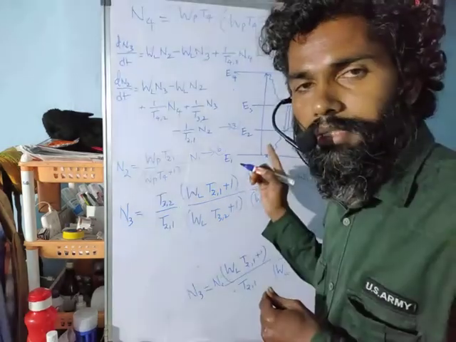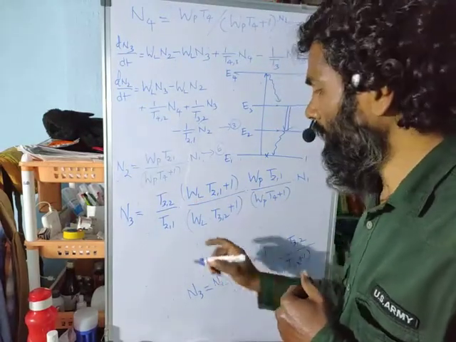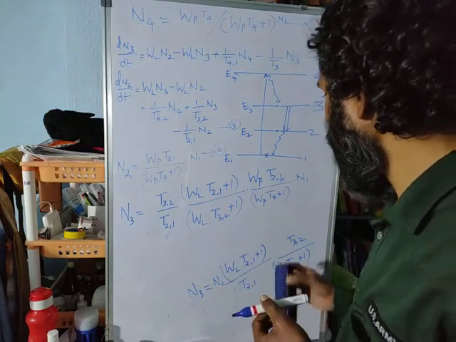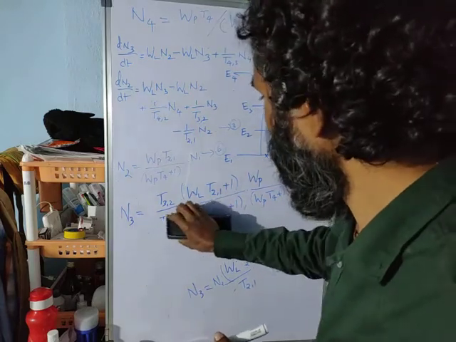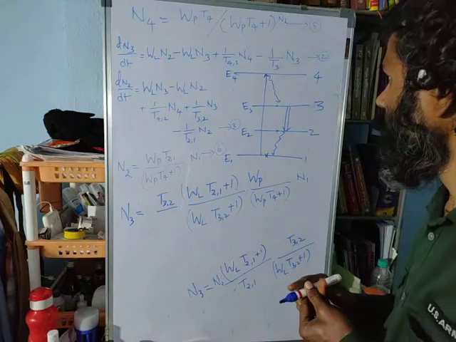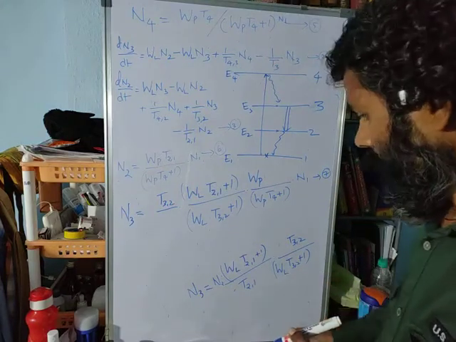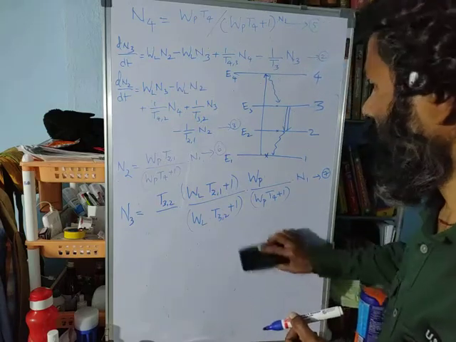We can notice this T21, which is present in the numerator and denominator, will get cancelled here and here, so we may even not write that one, because it's getting cancelled. So now we may call this equation number 7, and we need only equations number 6 and 7 now,